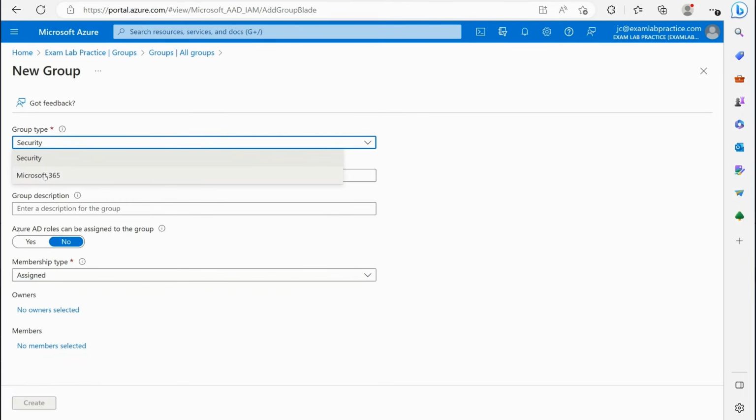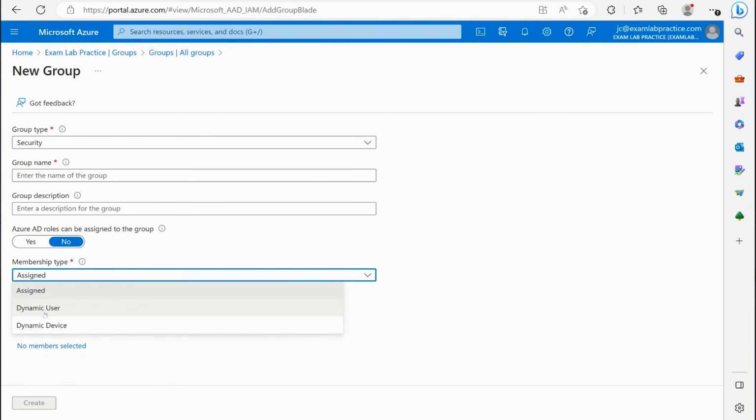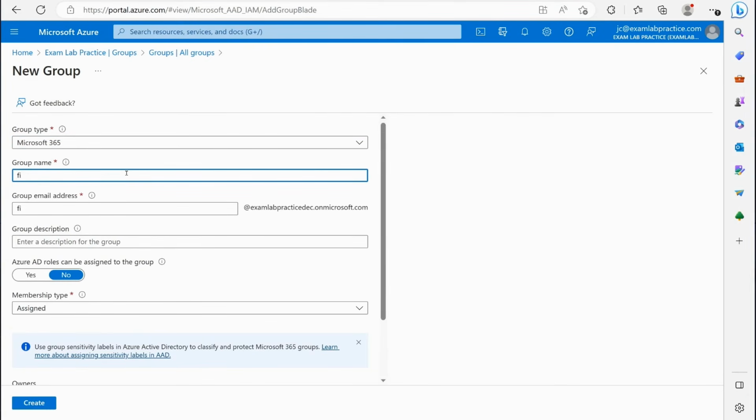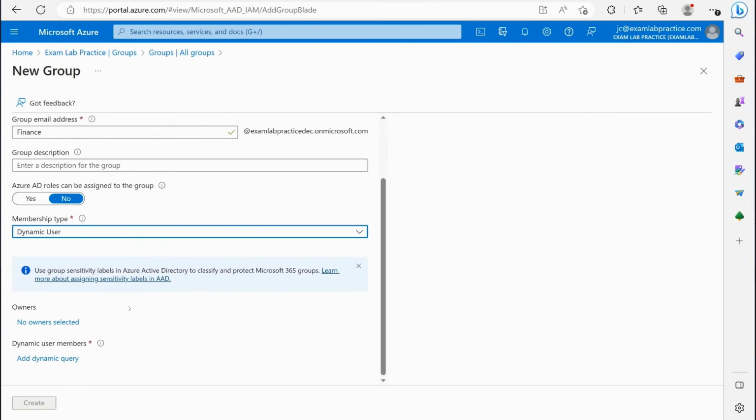Now, I will say with the Microsoft 365 group, you just get dynamic user, but with security groups, you get dynamic user and dynamic device because of the fact that it can essentially be associated with devices as well, okay, which is really neat. So one of the cool things that we can do here when we create a group is, like with Microsoft 365, let's just call it the finance group, and it can get an email address, and then I can go down here and I can choose dynamic user, and then I can choose an owner, okay,